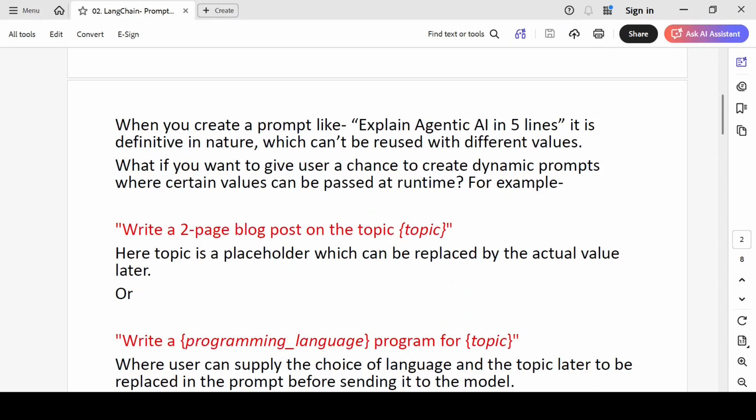Welcome to this LangChain tutorial. So in this video, we'll go through prompt template in LangChain and see how it helps with creating dynamic prompts, where you can give placeholders and actual values for those parameters can be